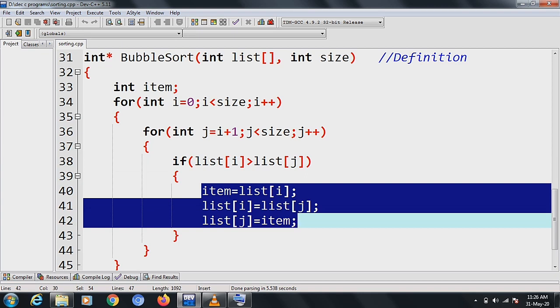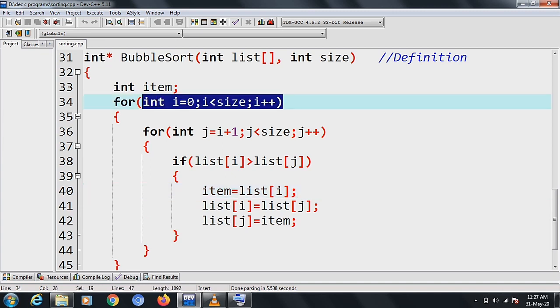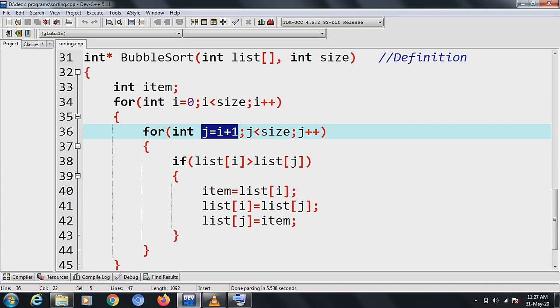After that, we will compare this element with the third element of the list, the fourth element of the list, up to the last element of the list. We would have the smallest element in our hand, and we will place this element at the first place of the list. After that, i will be incremented. i becomes 1 and j becomes 2, because i is 1, then j equals i plus 1, so j is 2.